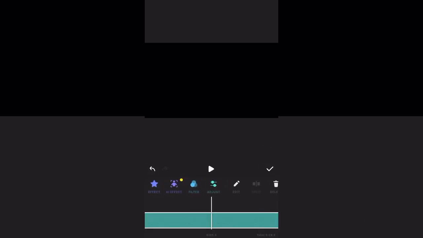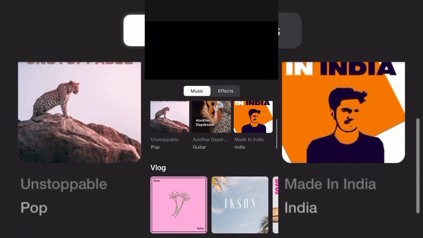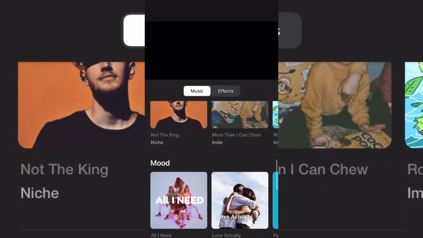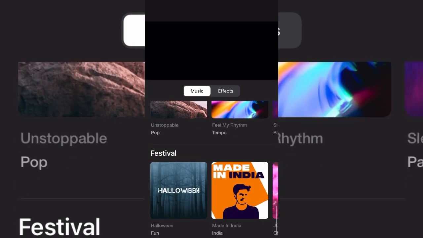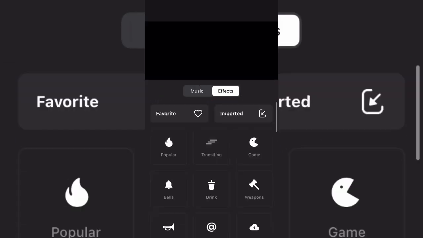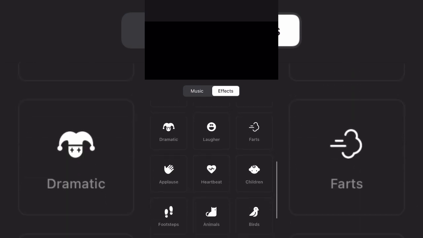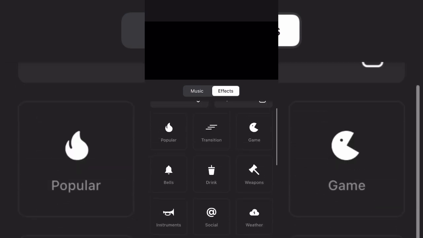So now you can add some filters to your video, and then you can add music to your video. There are so many pre-designed music available in the library, even effects. You can add so many effects,